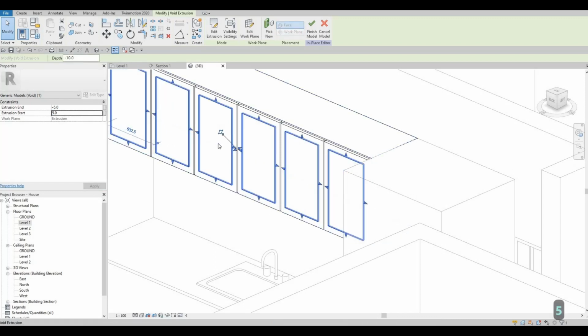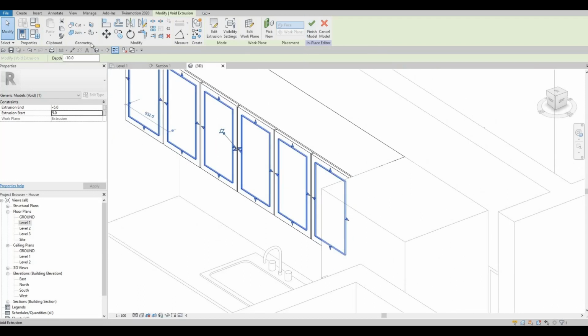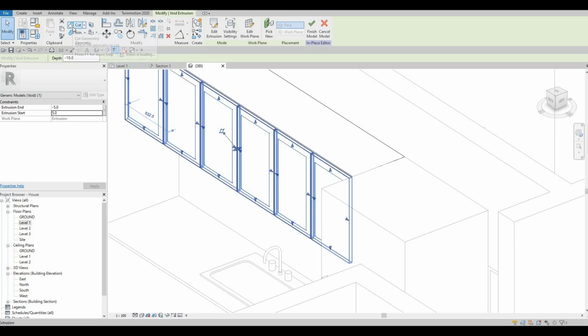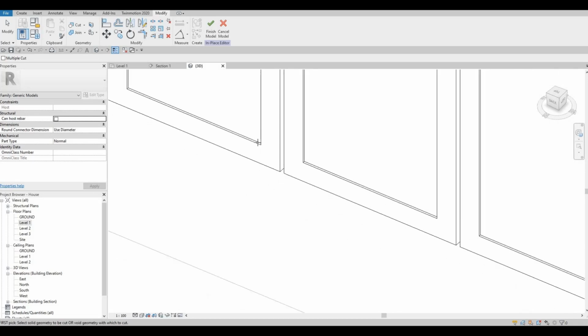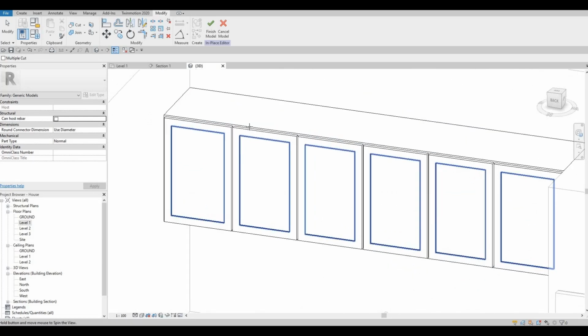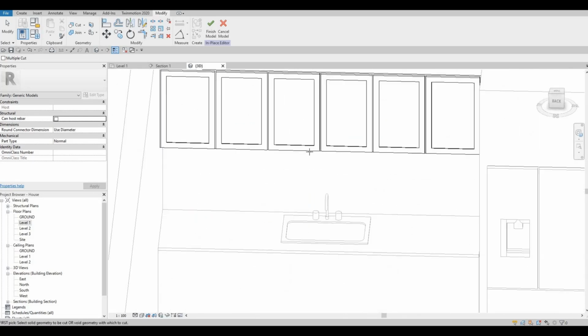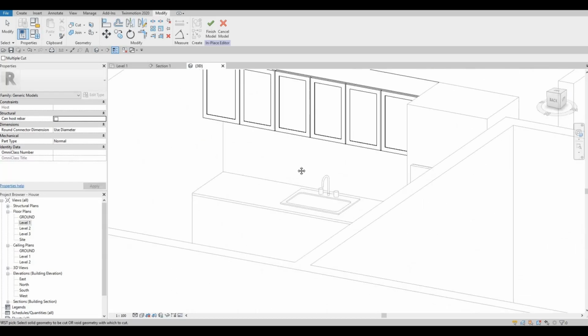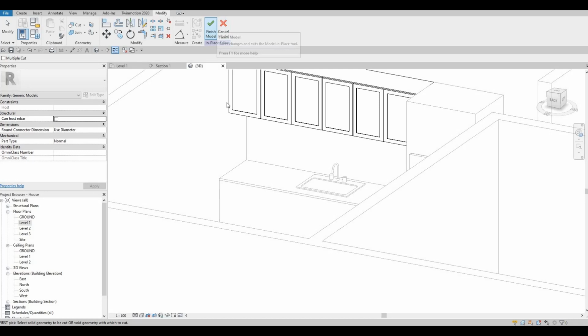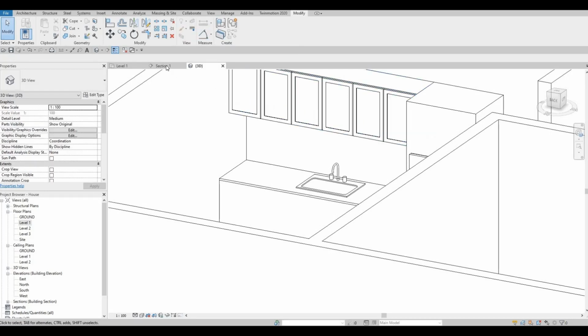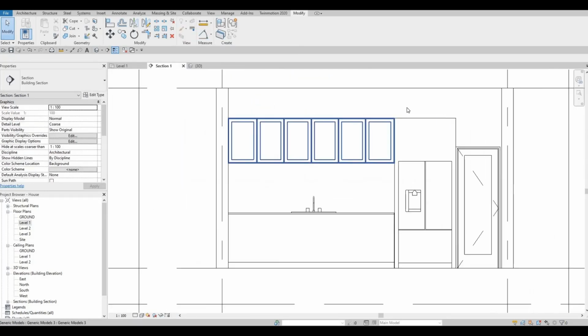So now it's just going over, so it's not something that is visible if it's just on its plane. So cut geometry, and then as you can see, we can see the indented part, and it looks like a modern kitchen cabinet. So let's go back to section again, and then we're just going to add the one at the